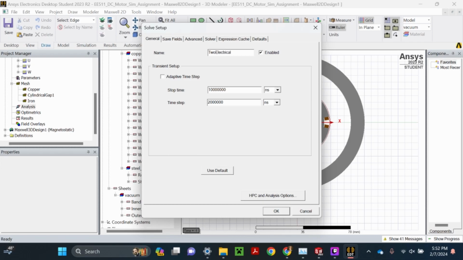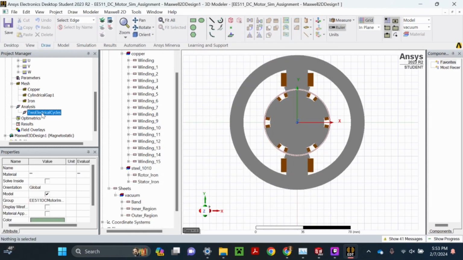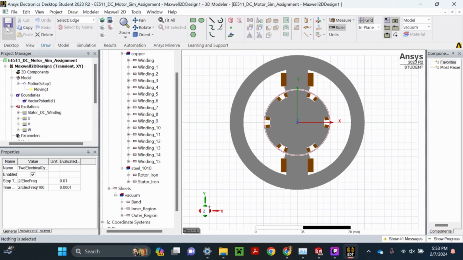So we're going to want to do, for the stop time, that'll be the total time that it simulates over. 2 divided by elect-freq, which is the electric frequency. And then the time step, you can do 2 over electric frequency divided by 100. So that'll be 2 cycles, and then it'll take data at 100 points within that cycle. Now you're going to want to save it, and that's all we need to do here in the student edition,